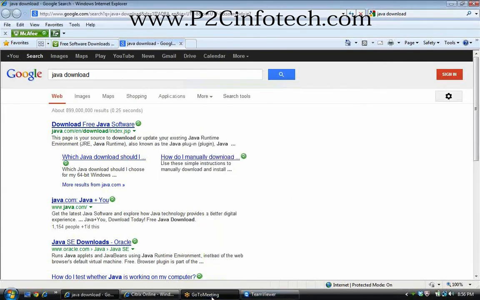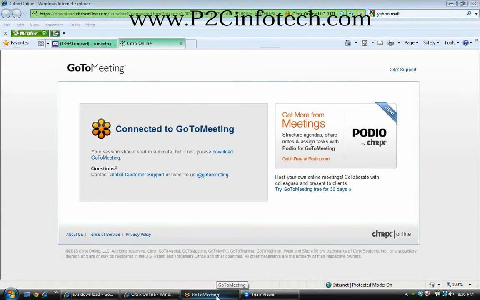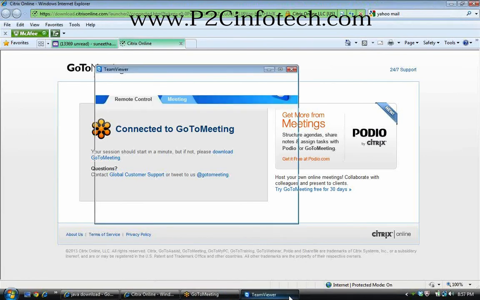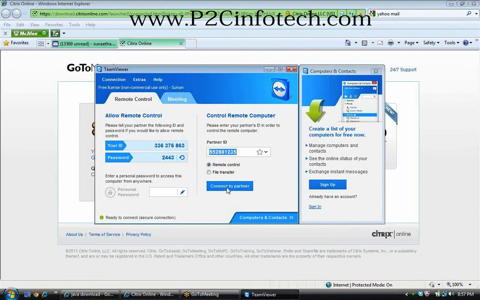Click on GoToMeeting. Yeah, remote control. No, TeamViewer is not required.